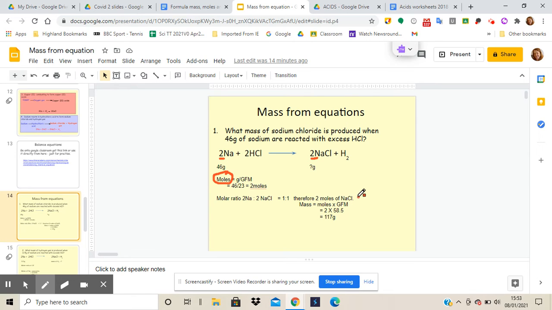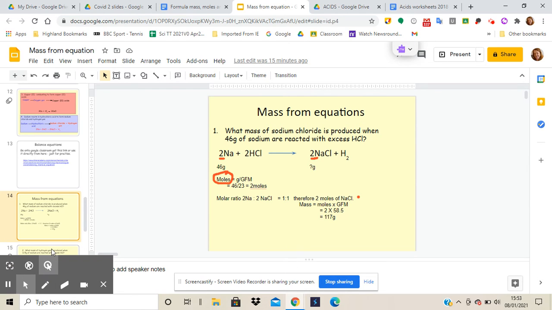It's written there. So, the question asks for the mass. So I've got 2 moles, so what mass is 2 moles of sodium chloride? Well, it's the number of moles times the GFM, which is 2 times 58.5, which is 117. Going on